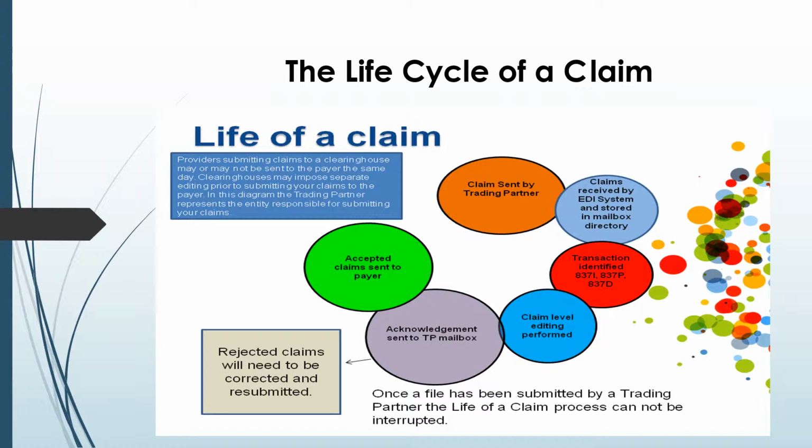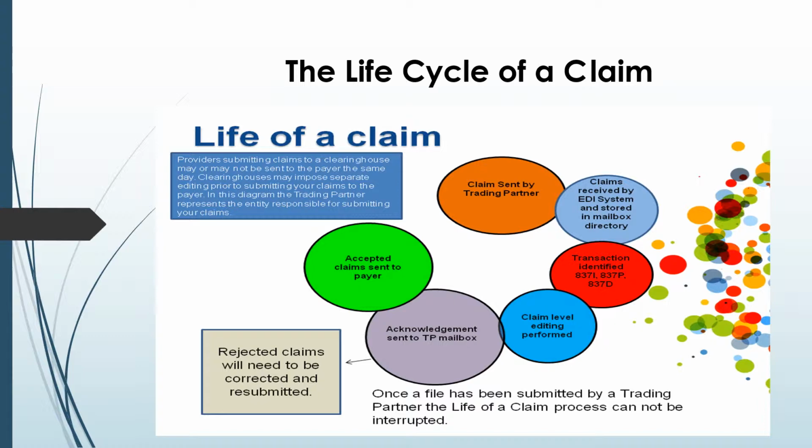Claims sent by trading partner, claims received by EDI system and stored in mailbox directory, transaction identified A37I, A37P, or D. Claim level editing performed, acknowledgement sent to TP mailbox, and accepted claims sent to payer. For the acknowledgement sent to TP mailbox, there are also rejected claims, which will need to be corrected and